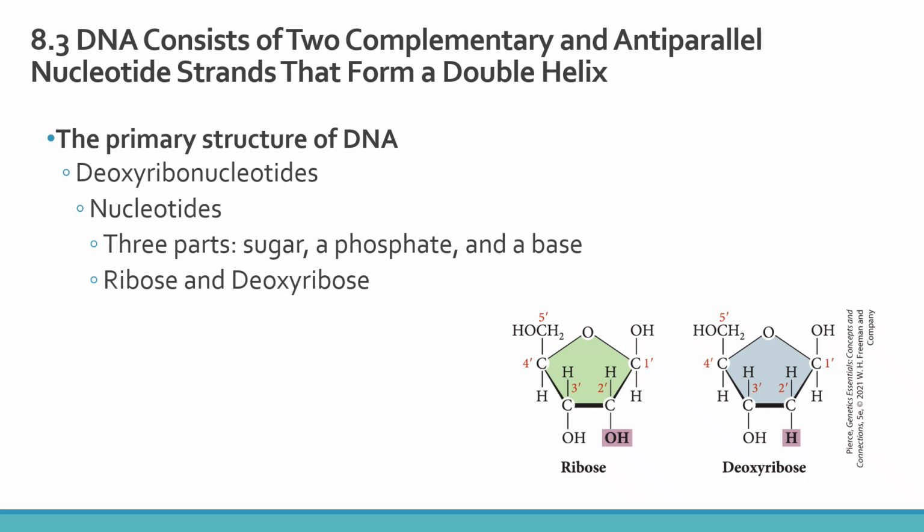From our last lecture video, we know that the overall structure of DNA is a double helix. And we know that our double helix is made up of our 4 nucleotides. So now we're going to take a look at how our 4 nucleotides are arranged together to produce this double helix molecule. So the primary structure of our DNA molecule is a string of